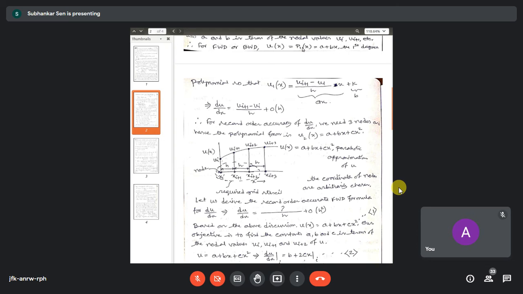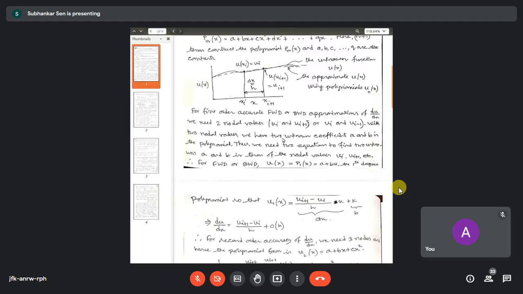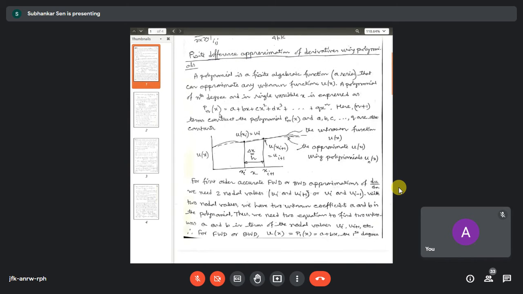So in this polynomial, you have to calculate a and b. And when you know the values of a and b, some way you find some simultaneous solutions. And then you are getting this expression. So if you see here in this polynomial expression, x is a known quantity. You know the value of x. But you don't know the values of a, b, c, d, etc. Since x is a known quantity, but a, b, c, d are unknown quantities, the right hand side becomes overall an unknown quantity, and the left hand side is also an unknown expression.